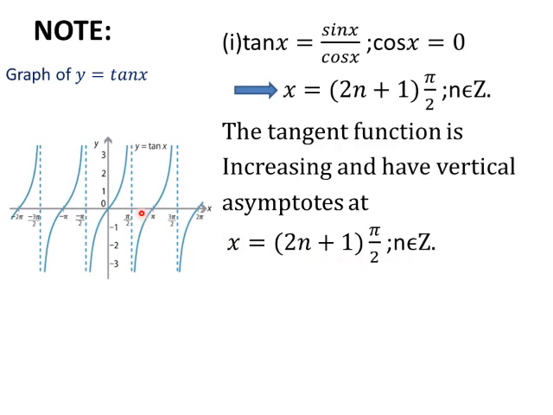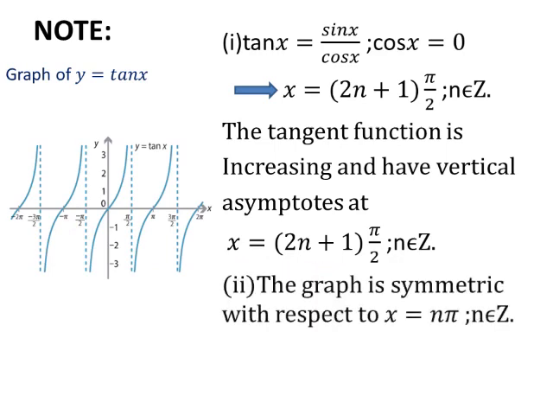So this tangent function curve is increasing and it has not only one asymptote. In the previous slide we saw two asymptotes, isn't it? But here we have infinite number of asymptotes. You see here x equal to pi by 2 is an asymptote, x equal to 3 pi by 2 is an asymptote. Same way here we have minus pi by 2, minus 3 pi by 2. So it will be going on. Generally we can say the vertical asymptotes are of the form x equal to 2n plus 1 into pi by 2 where n is an integer.